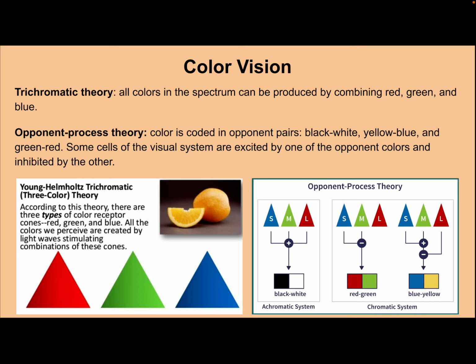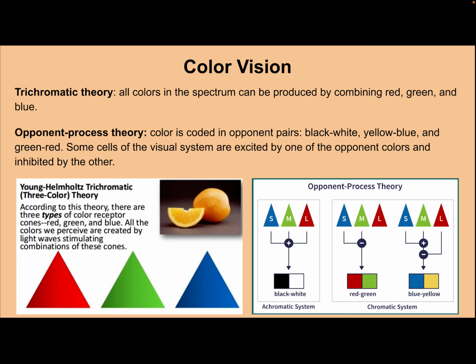Moving on to color vision, and then we'll talk about depth. There's two theories of how we see color, and it's not that one is right and one is wrong. They're both right and they're both true, and we're still working to understand them even more. Trichromatic theory tells us that all the colors in the spectrum can be produced by combining red, green, and blue. And if you've ever used a printer that uses red, green, and blue ink, you know that this is true, right? They call it yellow, cyan, and magenta, but those three colors can mix to make any color in the